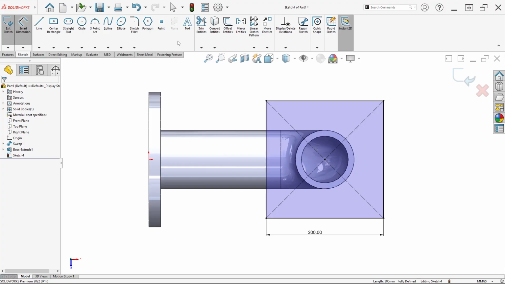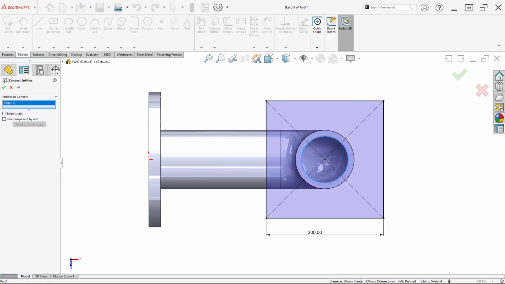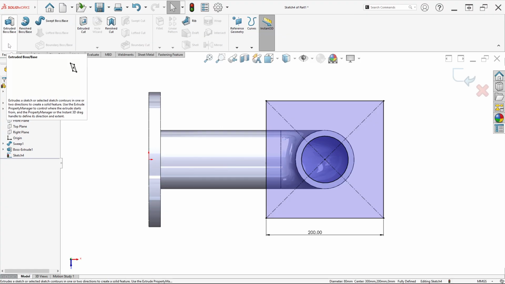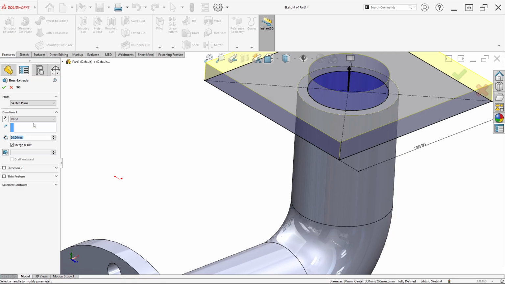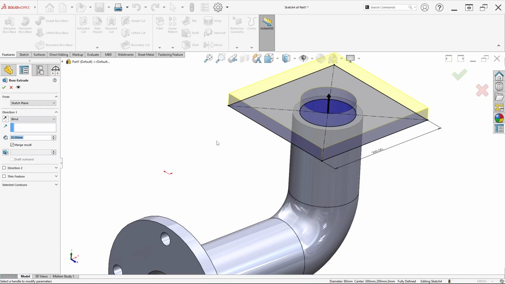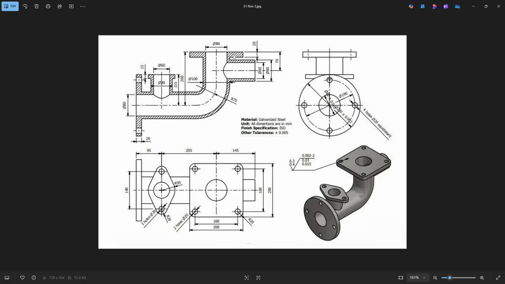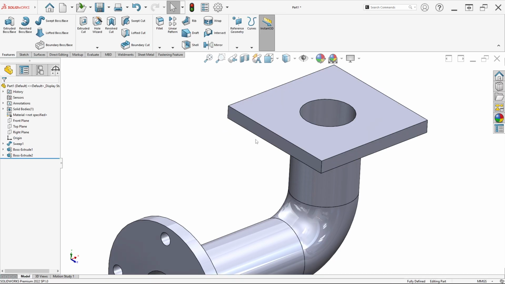So we can select here and convert entities, click this edge, click OK. Then select feature and click extrude boss or base. Ensure the direction is inside, so we can reverse the direction, with a thickness of 20 millimeter.